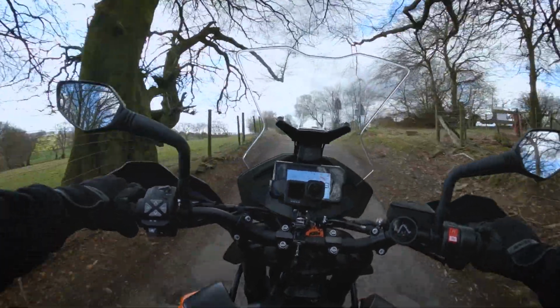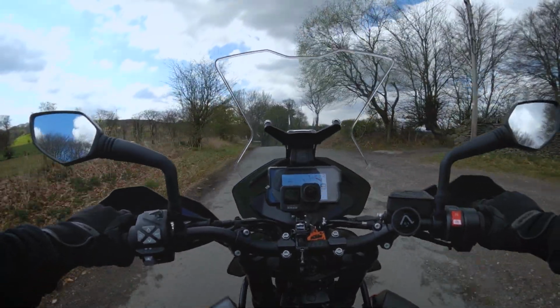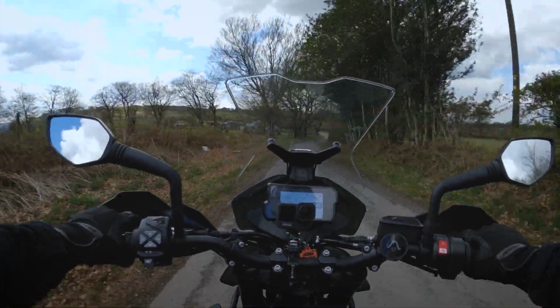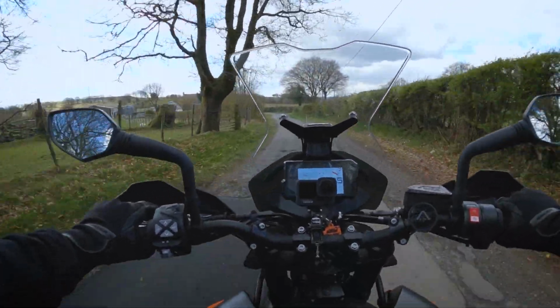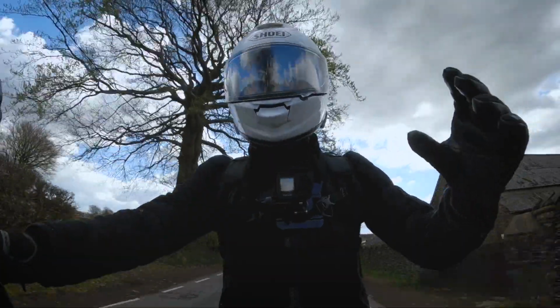But yeah, I'd been really looking forward to getting this bike. Firstly, because I've never ridden the 790 Adventure, and of course that's got a reputation as one of the best, if not the best, middleweight adventure bikes on the market. But secondly, I did borrow the 890 Duke R last year, and one of the best things about that bike for me was the engine,